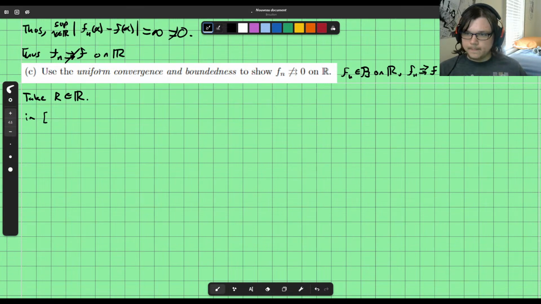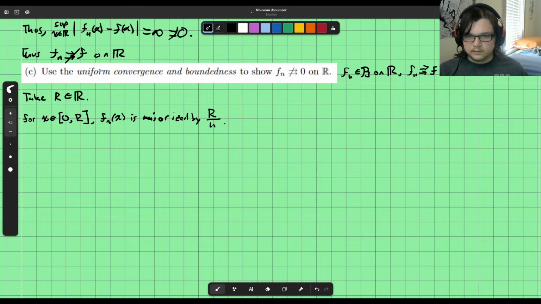I think we just end up with 0 to r, right? Basically, what I want to say is that it is majorized or bounded above by r over n. So we have that that's the case, and then we have